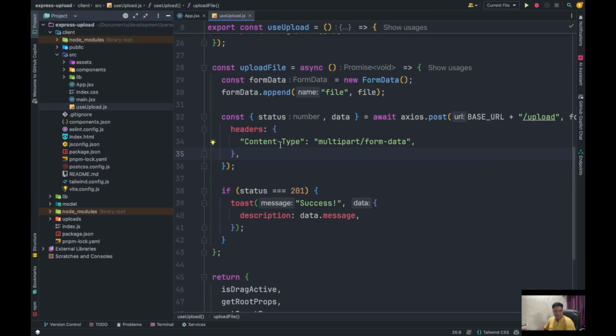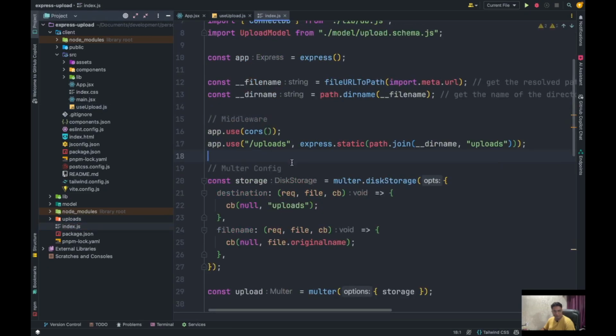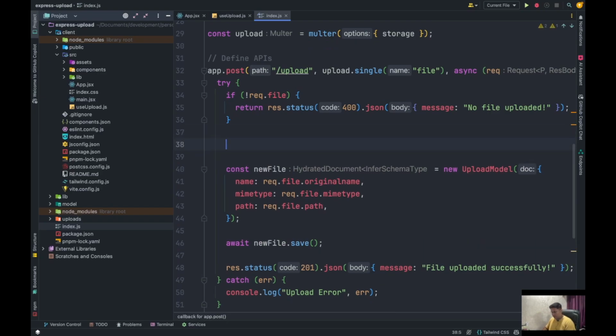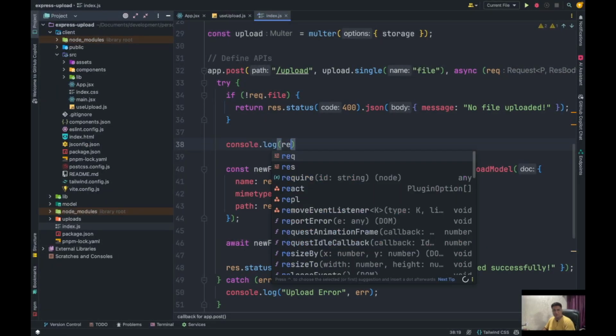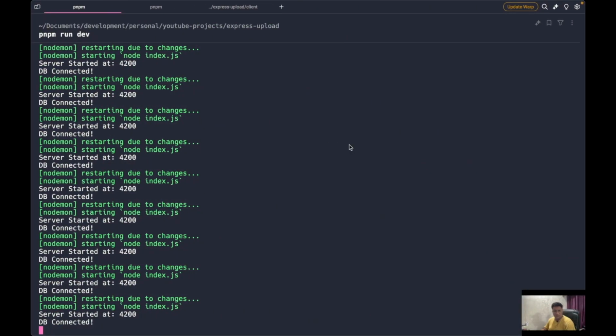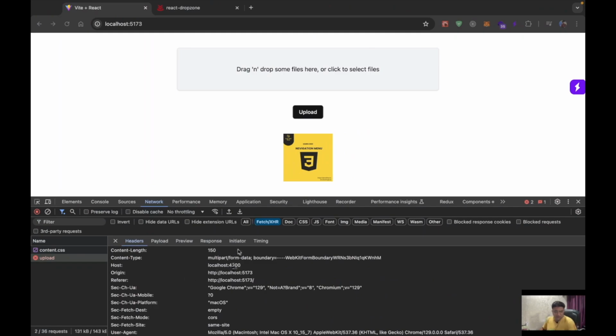Let's come up here in my server and let's come up to the index where my upload is. I will also add a request.file. No, it is actually coming up here and it is sending the error. So let's just log the request. Let's see what is coming up. And here if I see my